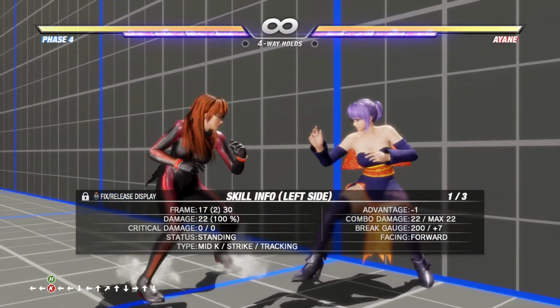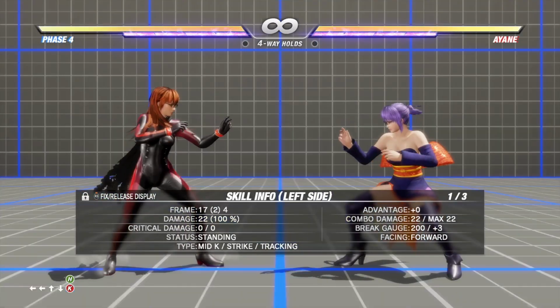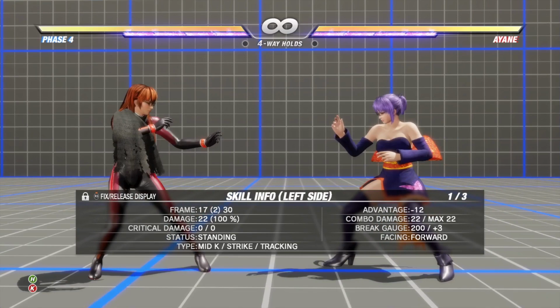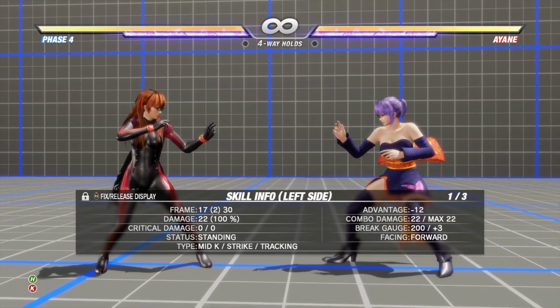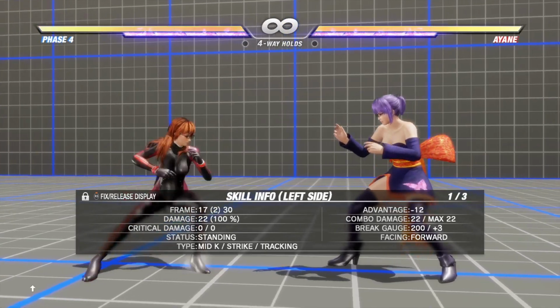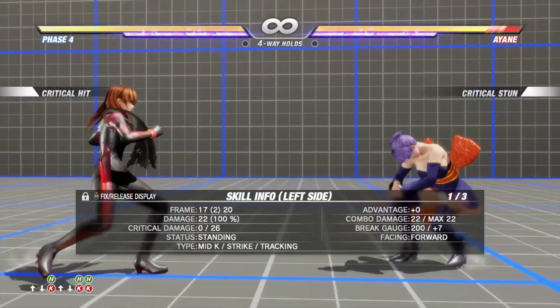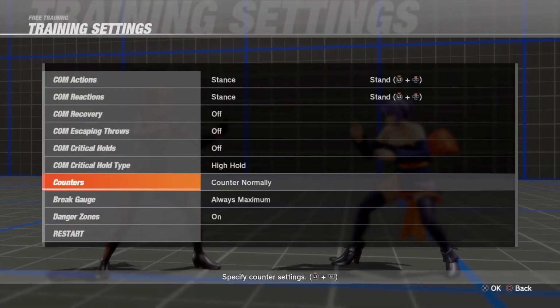This one is not really intended to be used in close. It leaves you at minus 12 on block, but it does push back like Kasumi's forward punch kick or 6BK. Phase 4 doesn't get the benefit of this move coming off an 11 frame elbow. It's just a 17 frame tracking move, so it leaves you at negative on normal hit, but if you do hit it on counter hit,